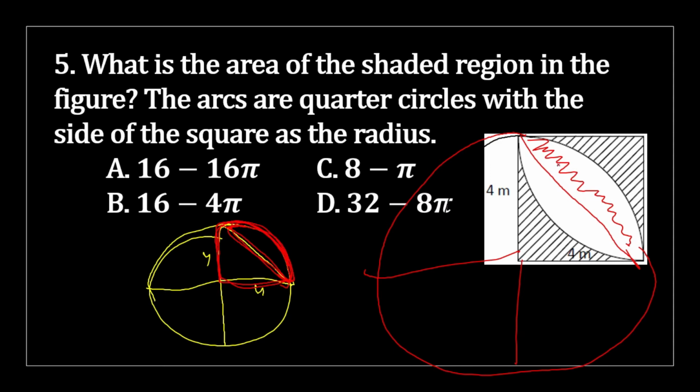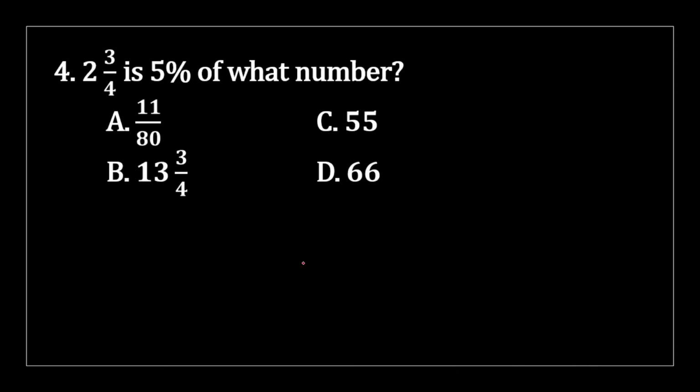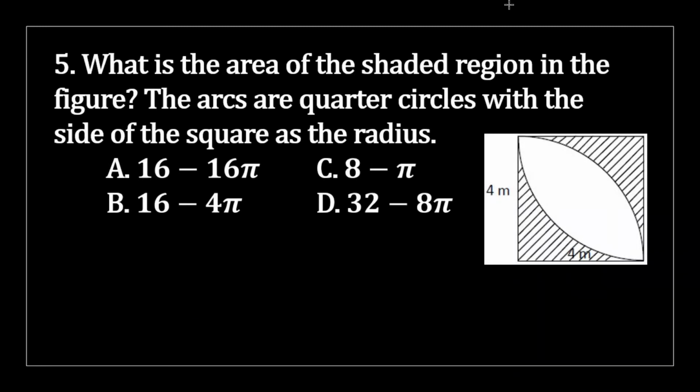Then I'm going to multiply it by 2 so that I could get also the area of this. Then after I get the area of these two parts, I will just get the area of the square and subtract this area. So let's do it. Next again, I'm going to get first the area of 1/4 of the circle. So the area of 1/4 of the circle is,